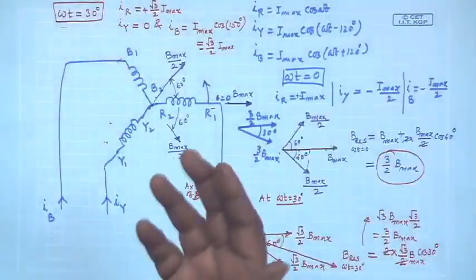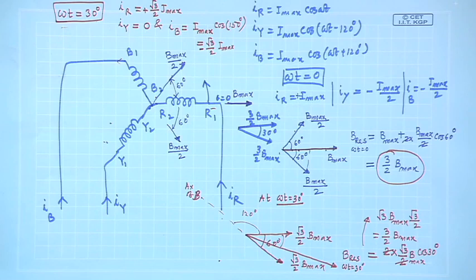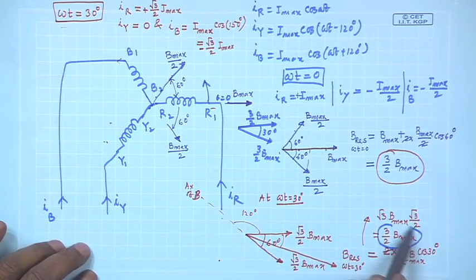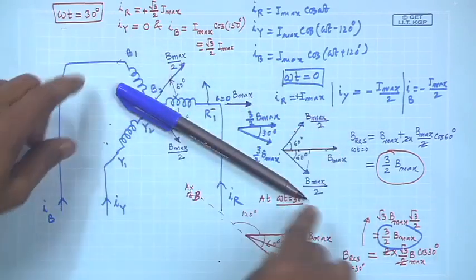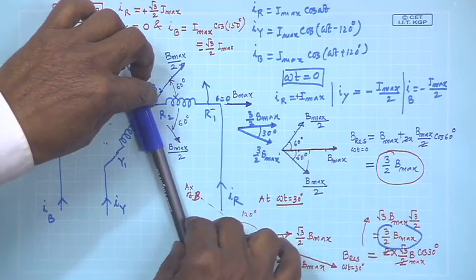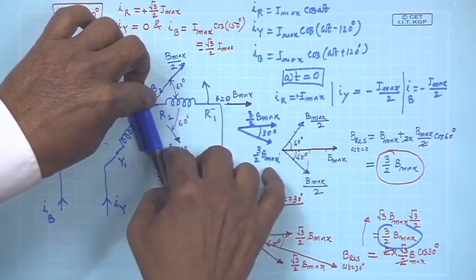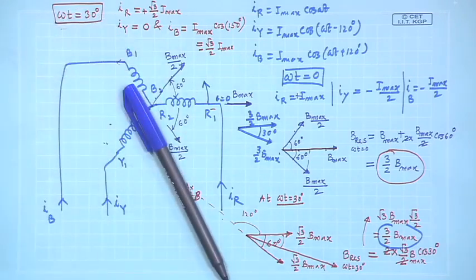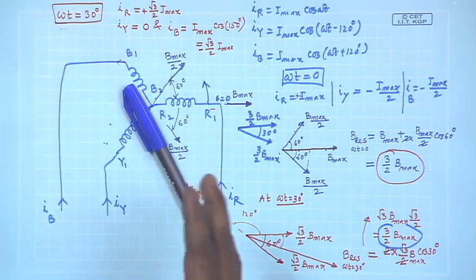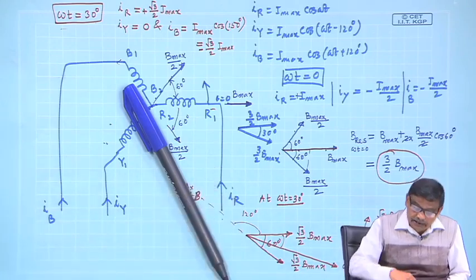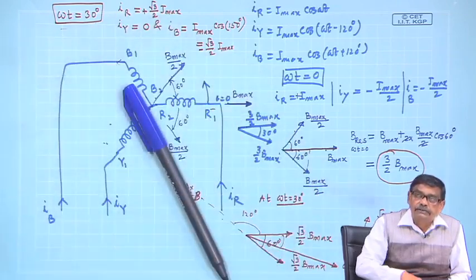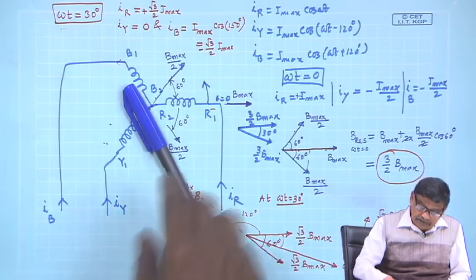Okay, take another instant omega t equal to 60 degree, you will find that the resultant field strength will once again remain 3 by 2 B max and it was initially here at omega t equal to 30 degree, it came here, the length is the same. At omega t equal to 60 degree, you will see it has gone by 60 degree, strength remaining the same. So, it looks as if a sine wave of amplitude 3 by 2 B max is moving in the clockwise direction of this